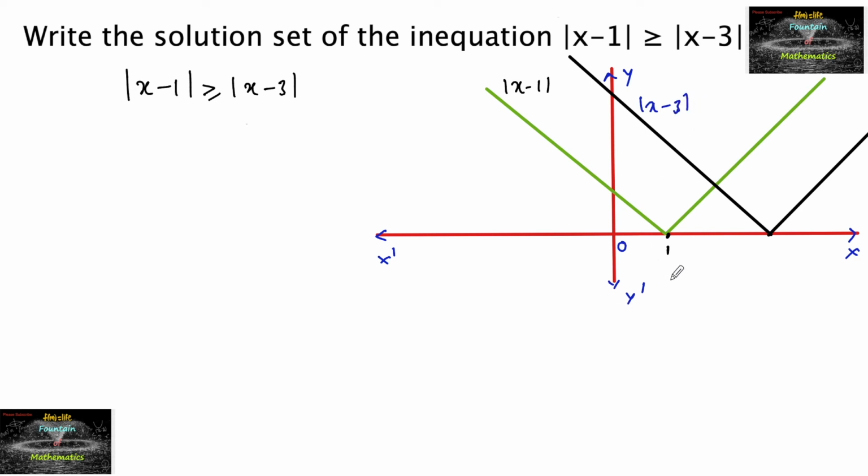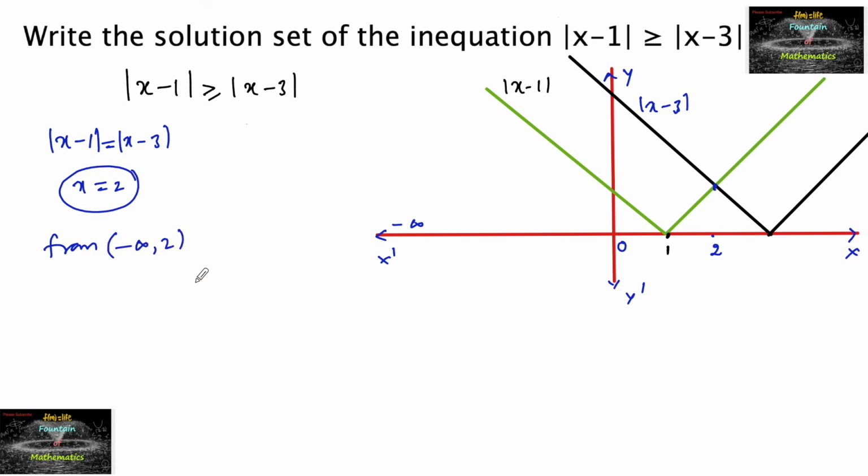Now clearly, here is the point of intersection of both, that is mod of x minus 1 is equal to mod of x minus 3, which will be satisfied for x equal to 2. So from minus infinity to 2, you can see that for mod of x minus 3